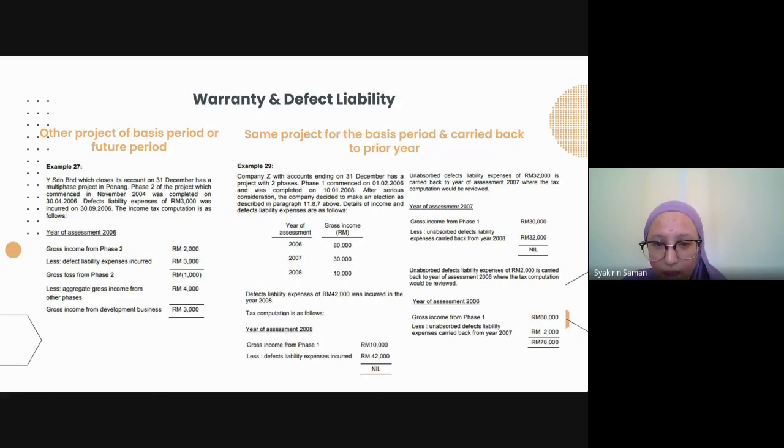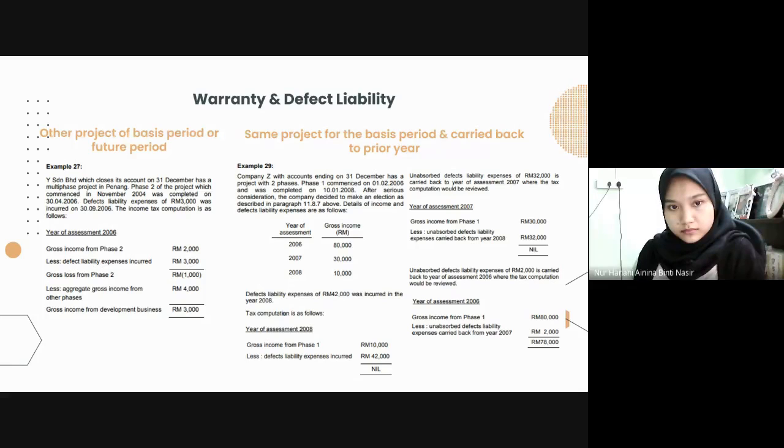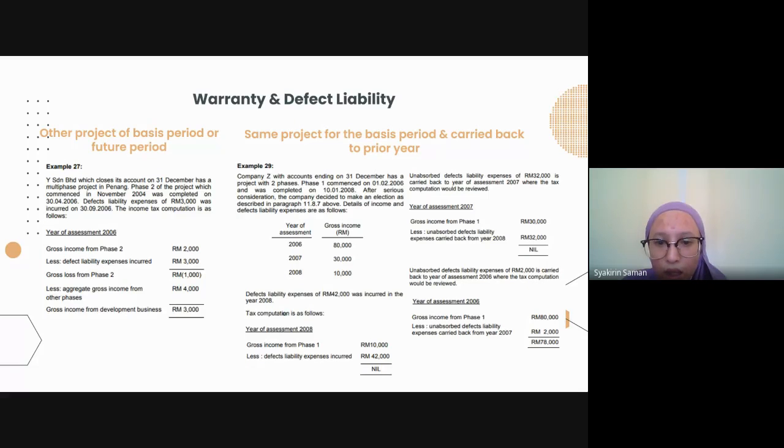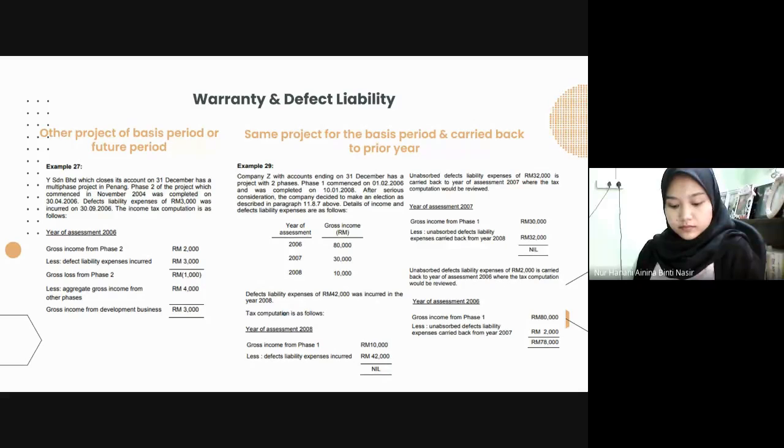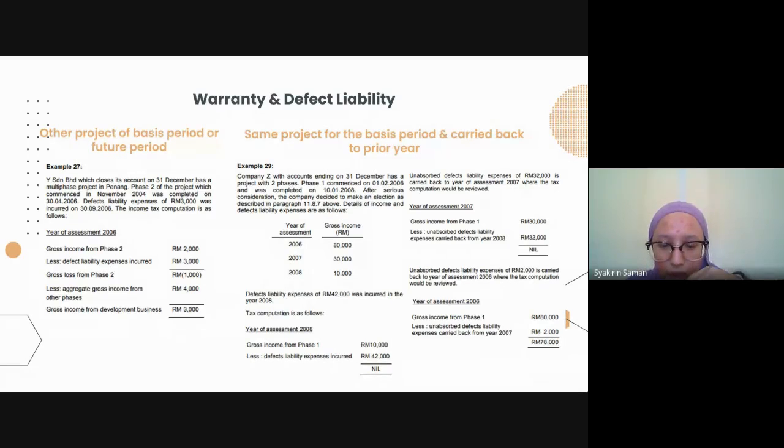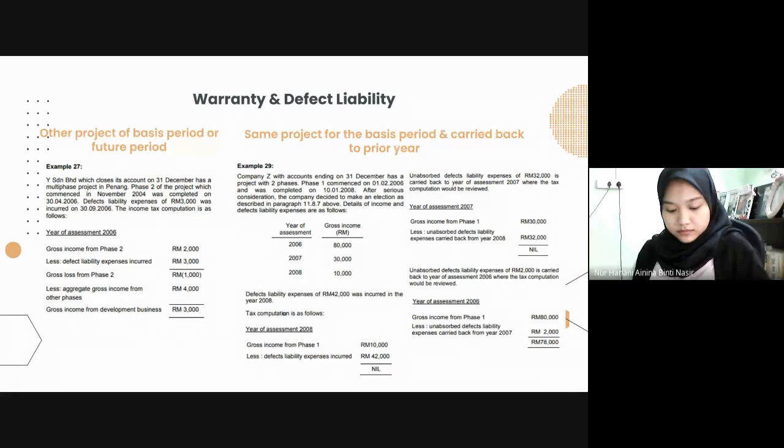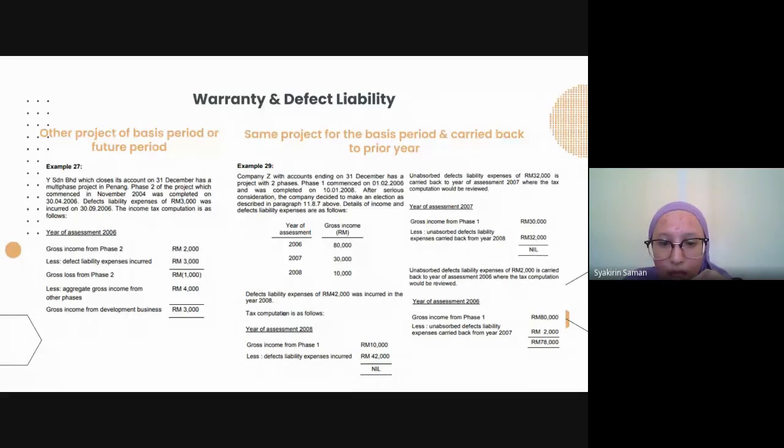like example 29, which is company Z with accounts ending on 31st December has a project with 2 phases. Phase 1 commenced on 1st February 2006 and was completed on 10 January 2008. After serious consideration, the company decided to make an election. Details of income and defects liability expenses are as follows. So from this example, the defect liability expenses was 42,000 ringgit Malaysia,